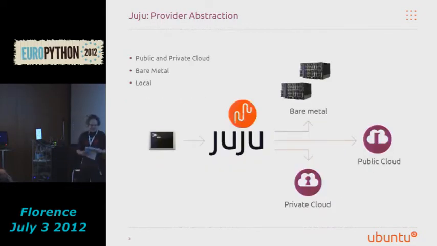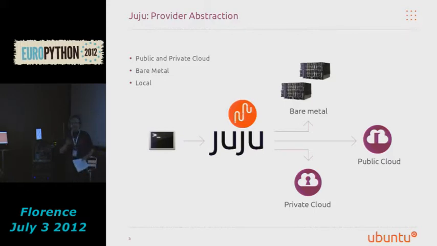The other neat thing about Juju is it abstracts you from your underlying infrastructure provider. Juju can talk to public and private clouds. We've deployed services on OpenStack using its EC2 API, on Amazon Web Services using the EC2 API. You can deploy into your data center. We have another project called Ubuntu MAAS, Metal as a Service, which abstracts provisioning of hardware away from users. So you can basically say, give me a server, and Juju can use that service and the API it provides to provision actual physical machines and deploy services onto them.